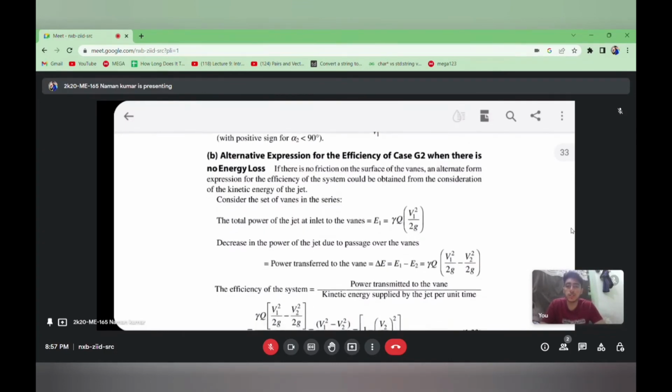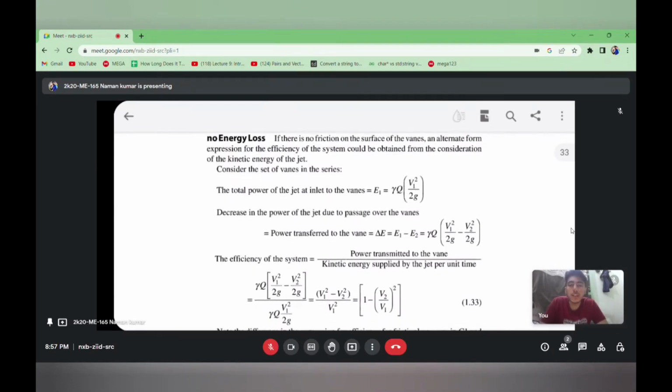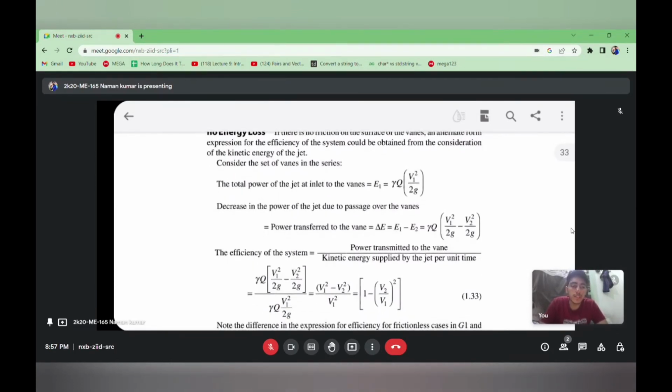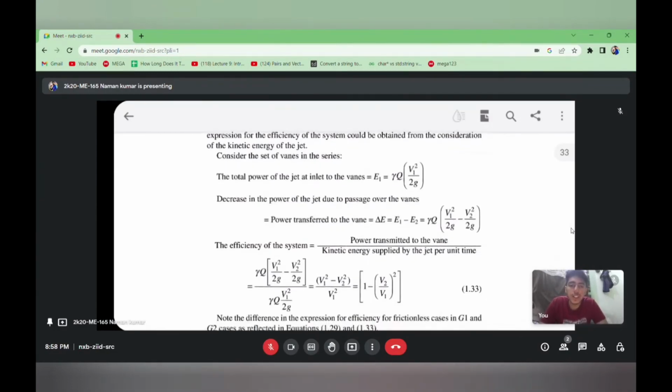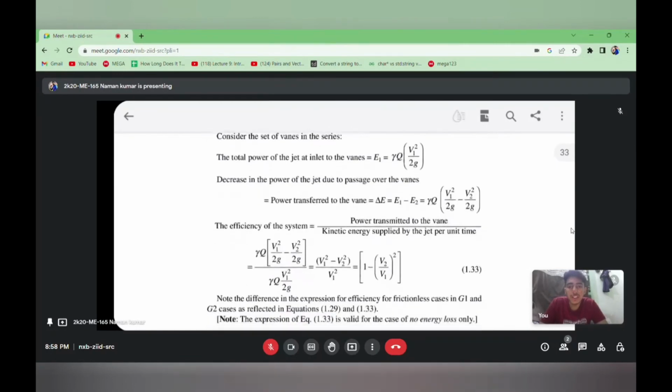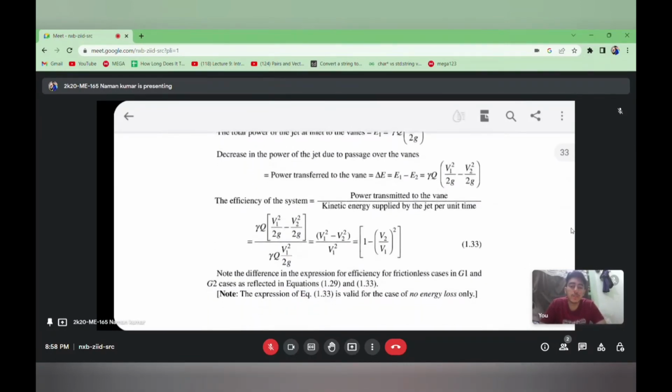When there is friction on the surface, an alternate form of expression of efficiency of the system could be obtained from the consideration of the kinetic energy of the jet. Consider the set of series of vanes. The total power of the jet at inlet is E1 equal to gamma times Q multiplied by V square by 2g. Decrease in the power of the jet due to passage over the vanes is equal to power transferred to the vanes,